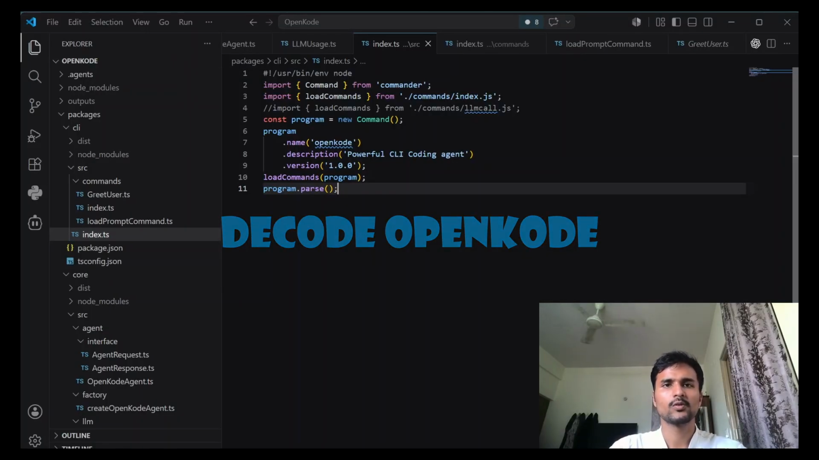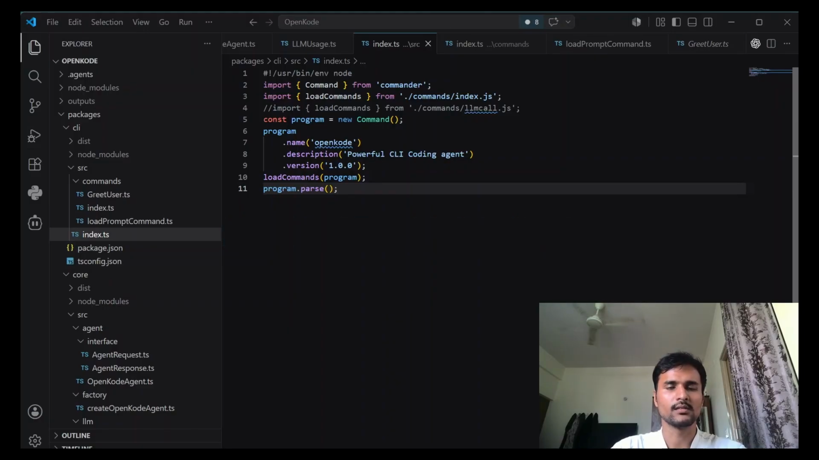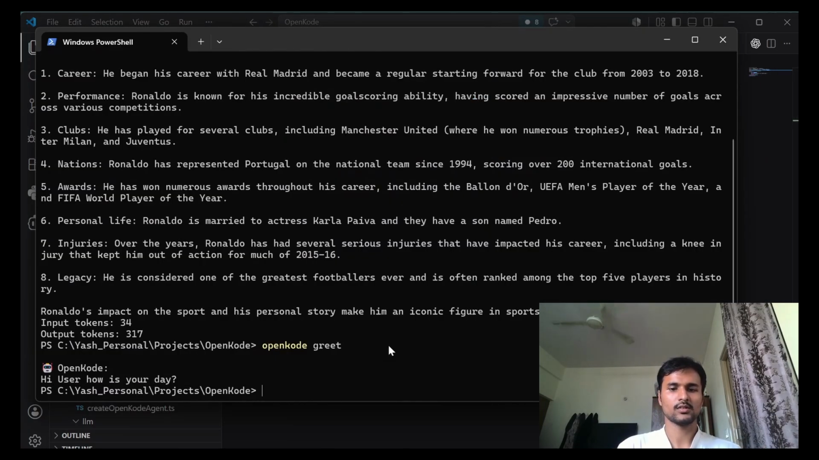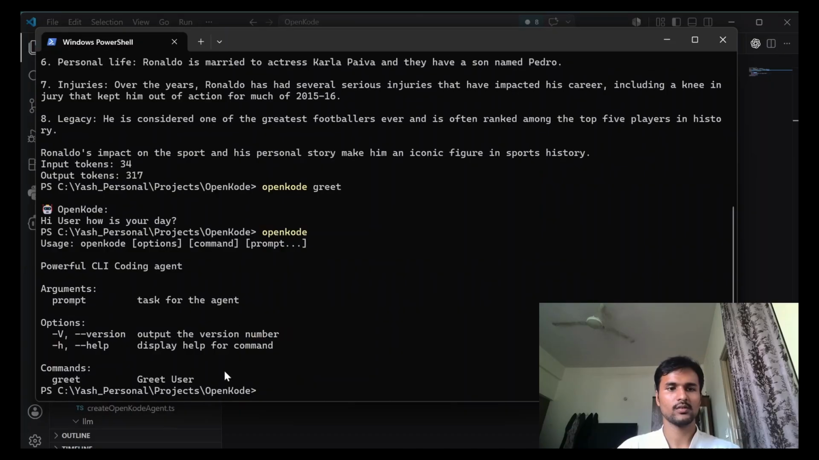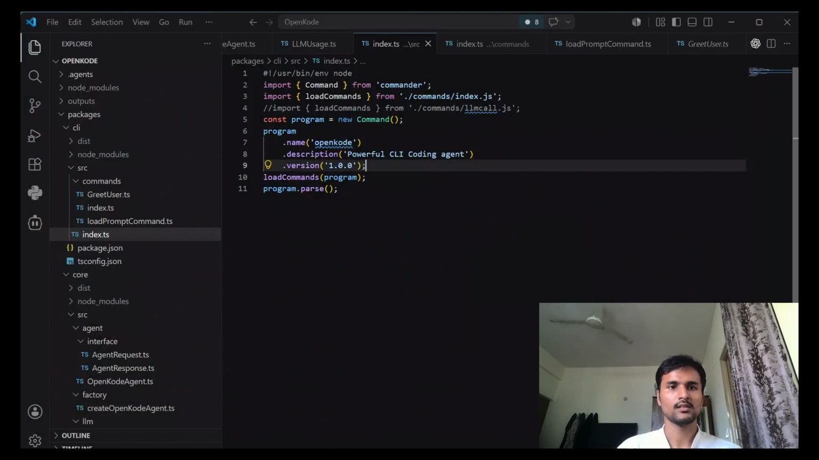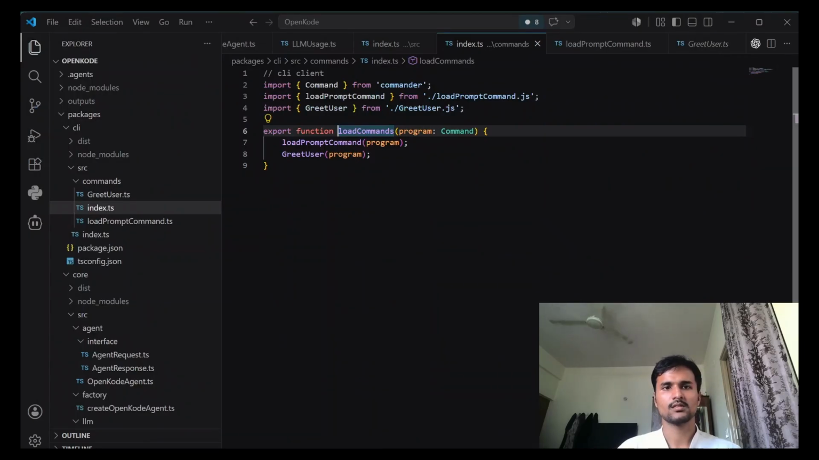Now let's do a quick code walkthrough of this project. So this is the index.ts for the CLI, wherein you just invoke the OpenCode agent using this OpenCode command. So as you can see, with OpenCode you get this nice command information, and then you go inside load commands. Here you have two commands. One is the main one wherein you invoke the LLM, and then second is the greet user subcommand, which